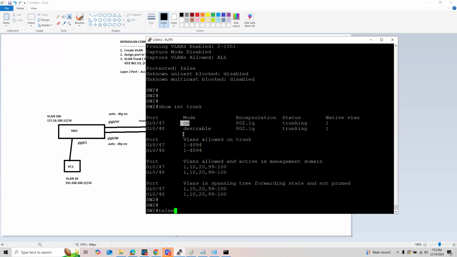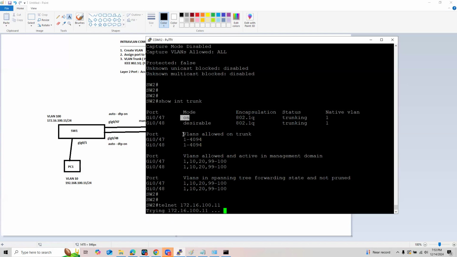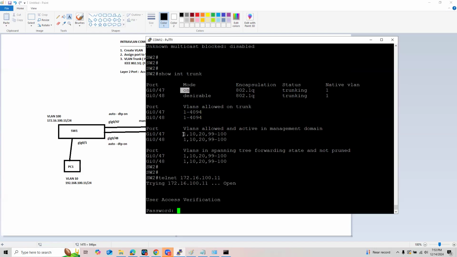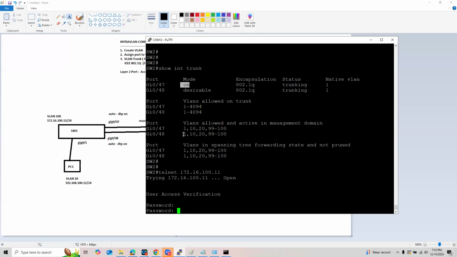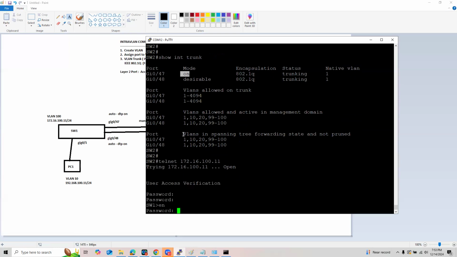Let's telnet to 172.16.100.11. This is actually switch 1. Our password is Cisco. The password here is, what was the password again? NetAcad, sorry. Enable Cisco.